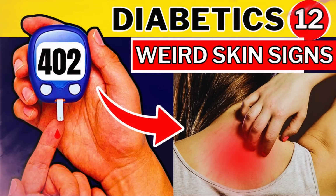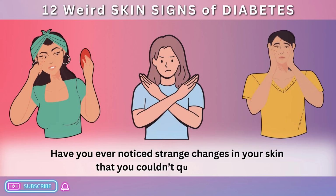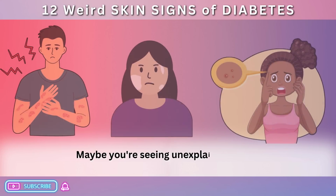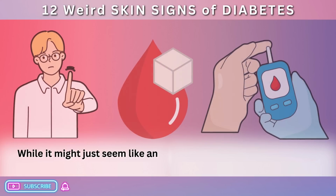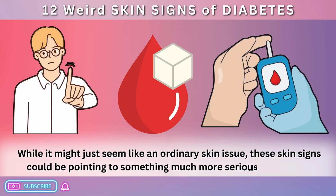12 Weird Skin Signs of Diabetes. Have you ever noticed strange changes in your skin that you couldn't quite explain? Maybe you're seeing unexplained rashes, discoloration, or even skin tags. While it might just seem like an ordinary skin issue, these skin signs could be pointing to something much more